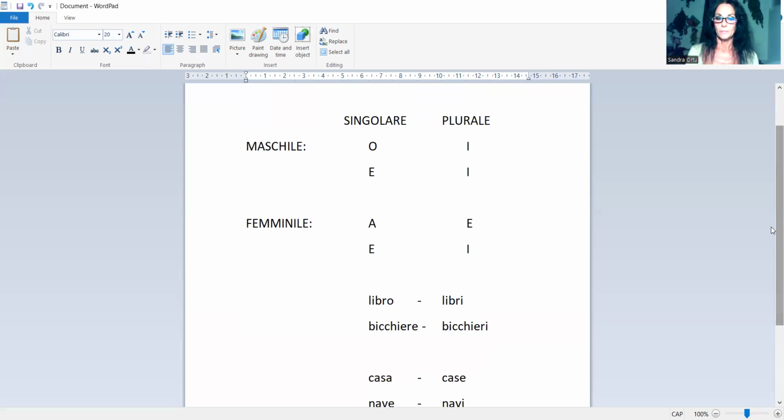Obviously, it's not obvious. However, very often when there are rules, there are also exceptions. So there are also some other nouns that have an ending, maybe in a letter that you do not expect, when they're singular or when they're plural. But now we are talking about the rules, not exceptions. The exceptions, we'll see them separately or later. So this is what you can expect when it comes to nouns.